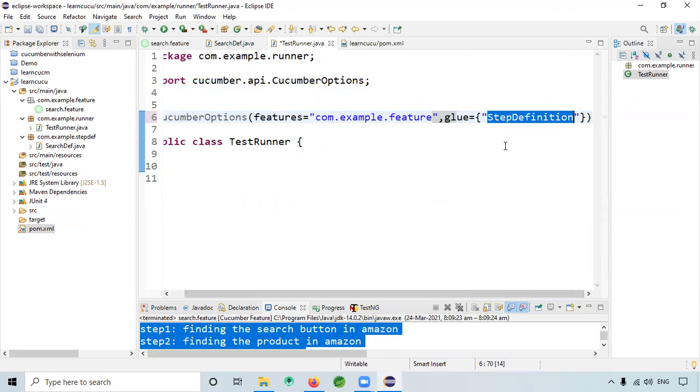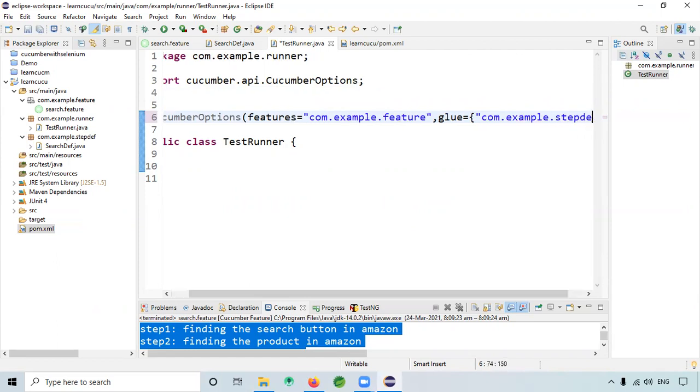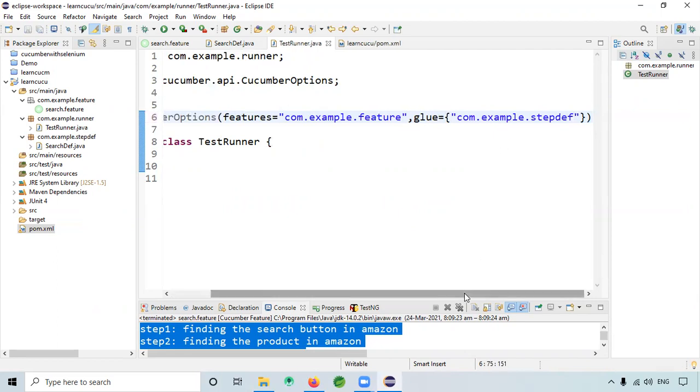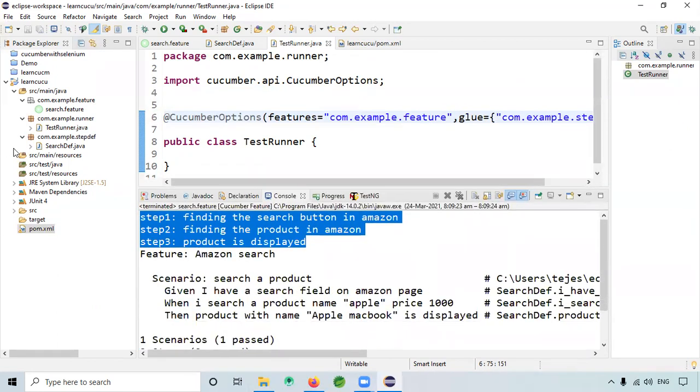it is there in com dot example. Oh, but still the other files are in the normal Java folder, right? That doesn't matter when this is a Maven project, right? The feature file, that doesn't matter. It's just giving the path. Okay, I'm just giving the path. Okay, so